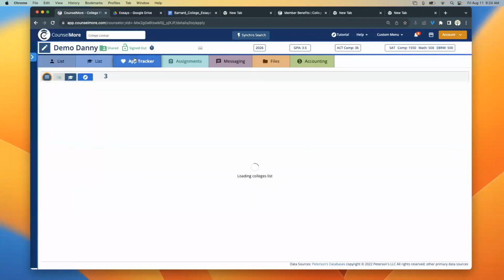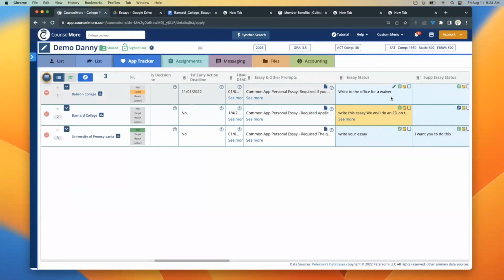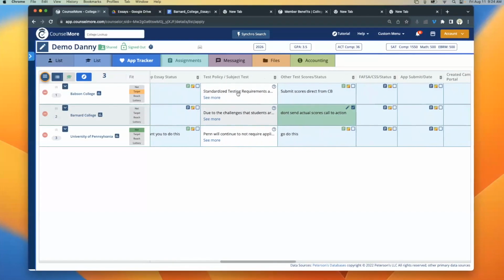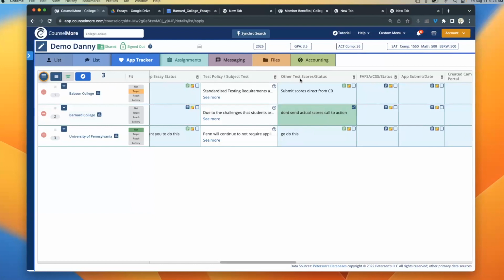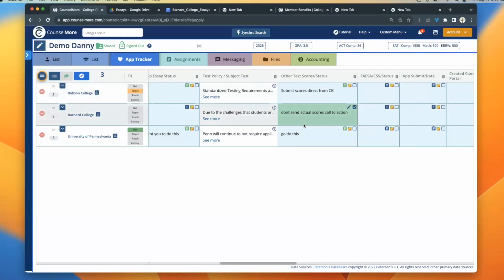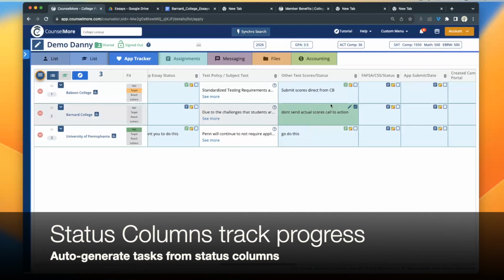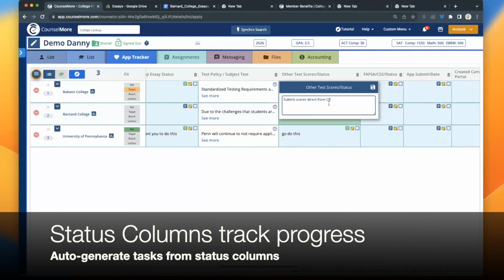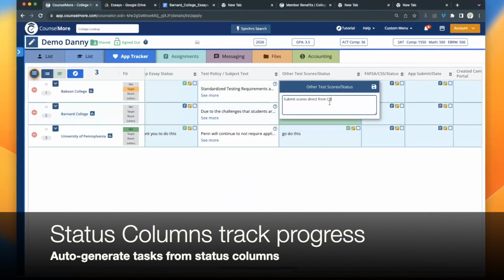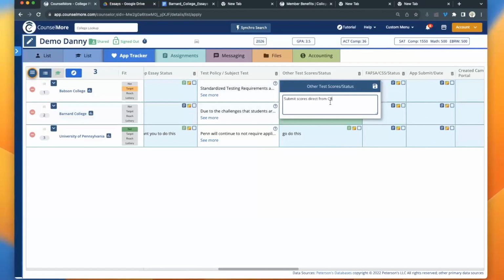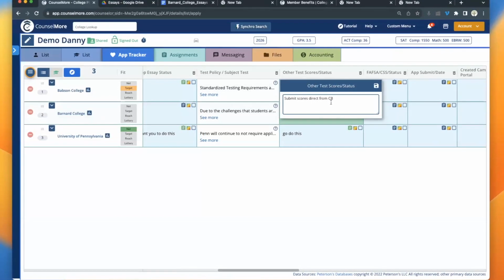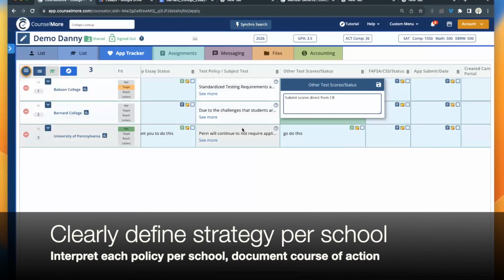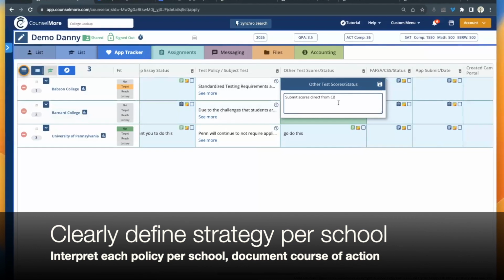In the app tracker, having this status column right next to the particular task. So when I have the test policy, this is the requirement, but I have the status of that specific requirement right next to it. So I can then click the pencil and write in what my diagnosis is for that particular requirement for that school. Because how I want you to treat the test policy for one school is not how I want you to treat the test policy for the next school. So I spend my time just reading these and thinking about this particular kid